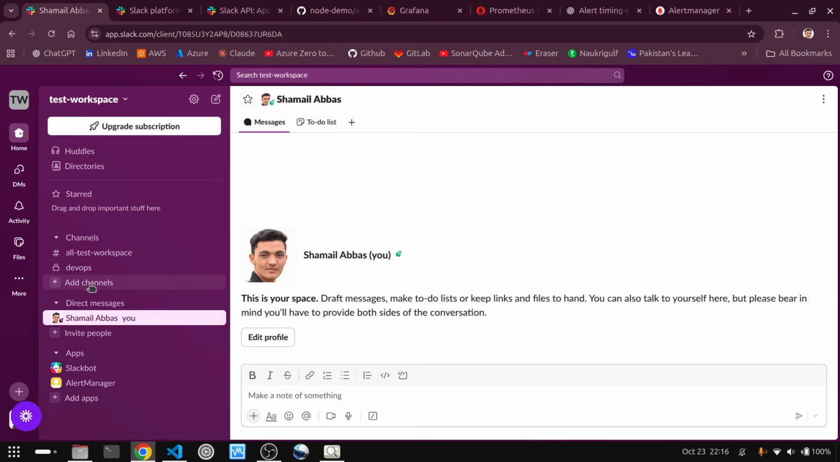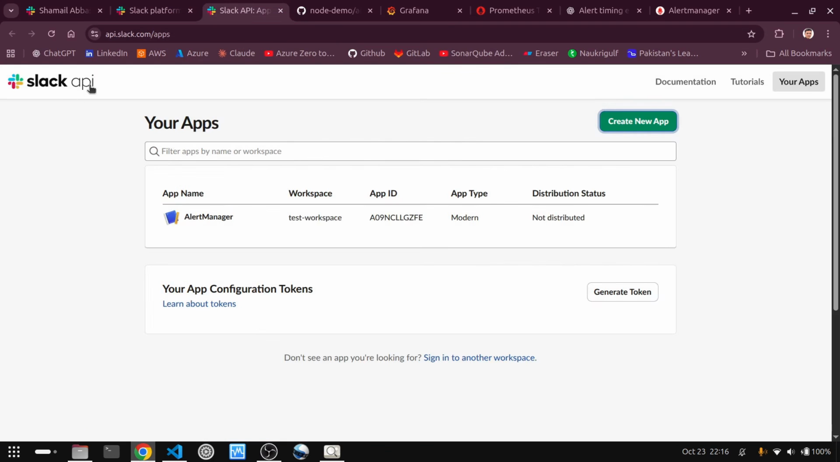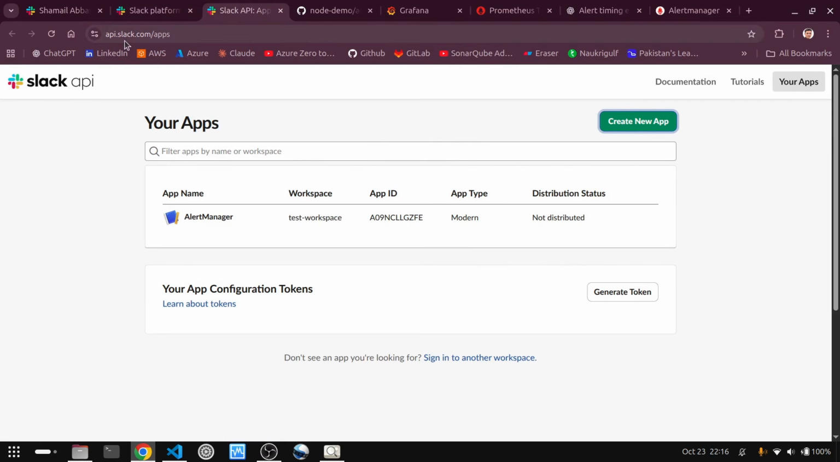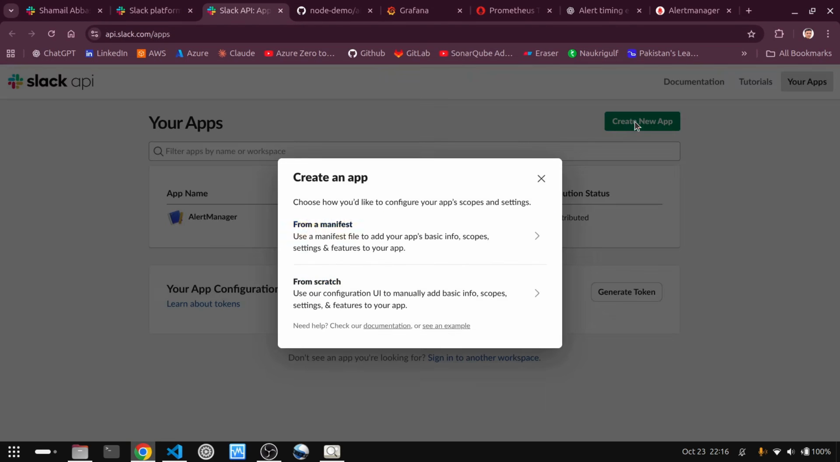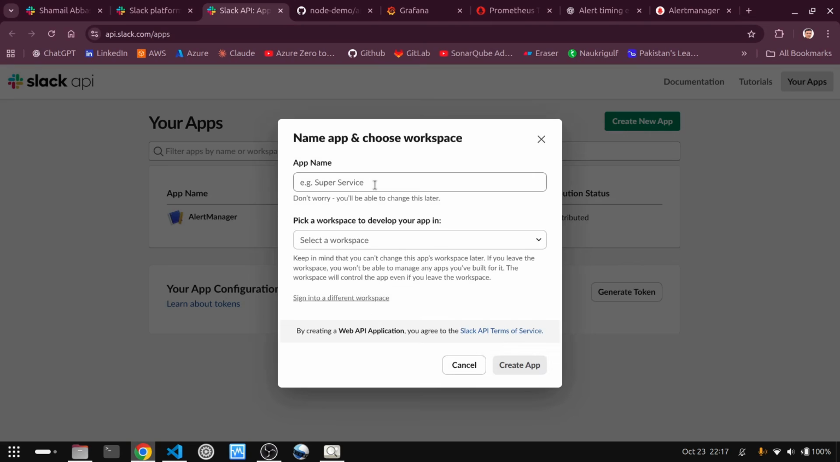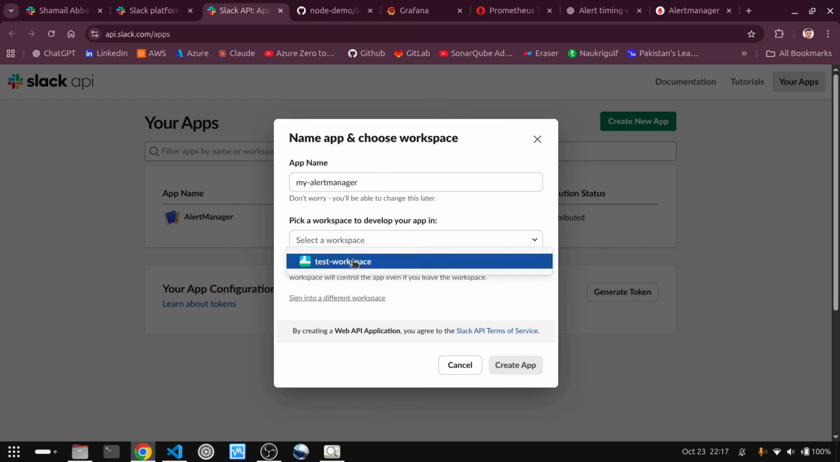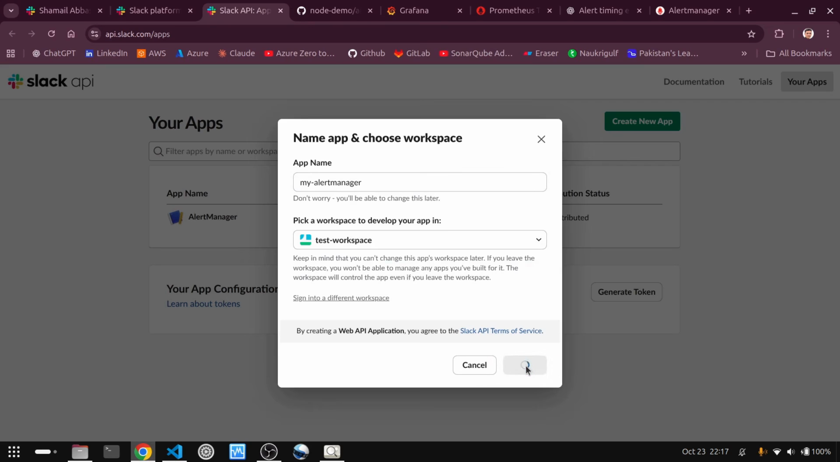So first you have to create a channel. Just click here and then create a new channel. I have created the DevOps channel, and then you have to come to the Slack API, api.slack.com/app, and create a new app here. You can create either using the manifest or from scratch. So I click this one, and let's say in this case we say my alert manager, and then select the workspace, create the app,